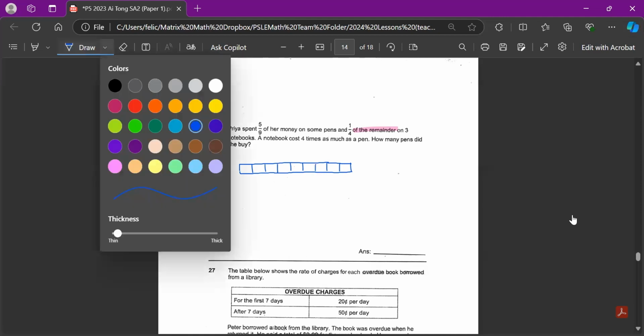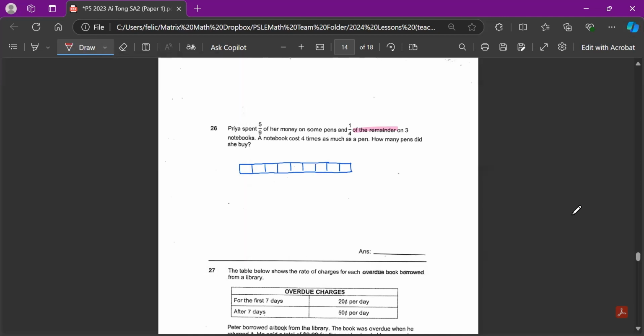Okay, so out of 9 units, we know that Priya is going to spend 5 units on some pens. Now, they say 1/4 of the remainder on 3 notebooks. Do you notice that the remainder luckily is already 4 units? So 1/4 of the remainder means the 4 units must be the remainder. So you can safely label 1 unit here